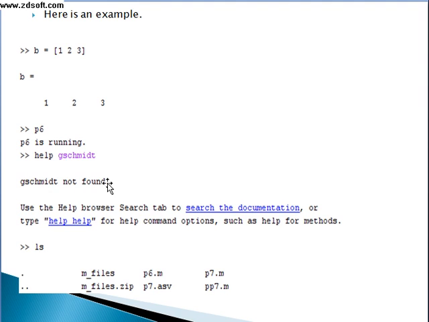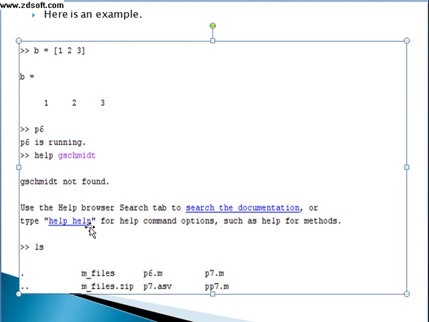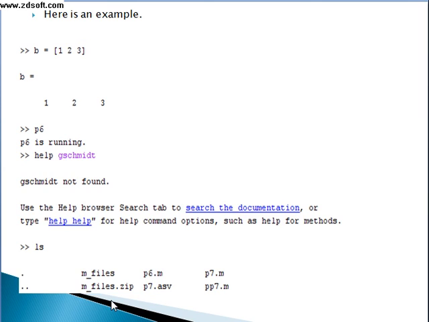After that you type the command ls. It will list all the files that are in the current directory. So after typing this command, I am getting the list of files, that is M files, p6, p7, M files .zip is having M files of p7, pp7, etc.